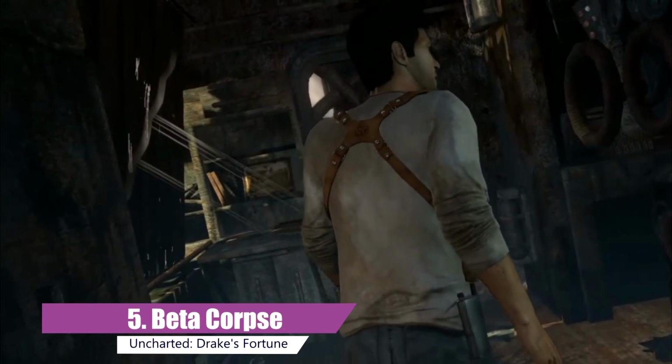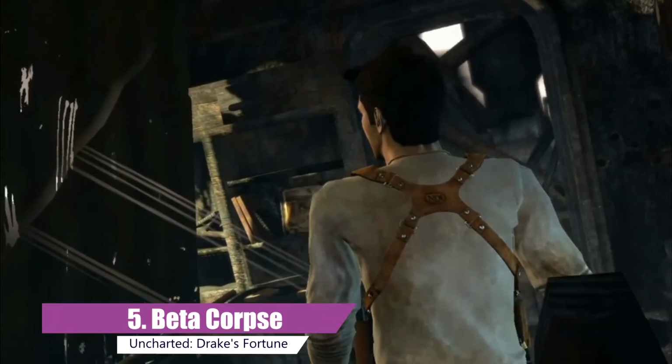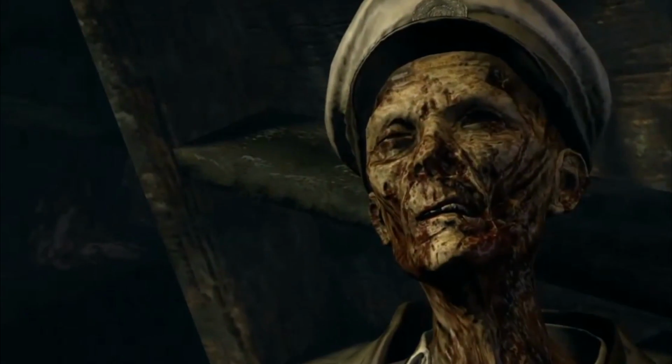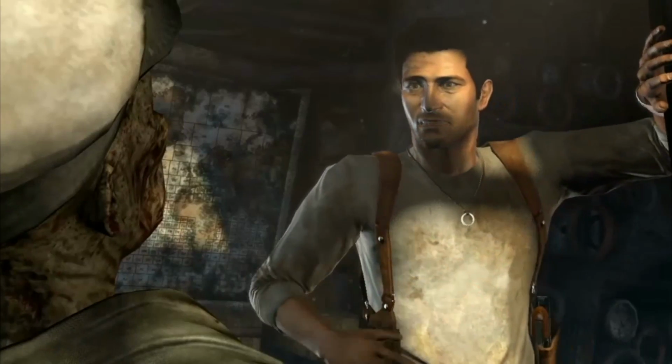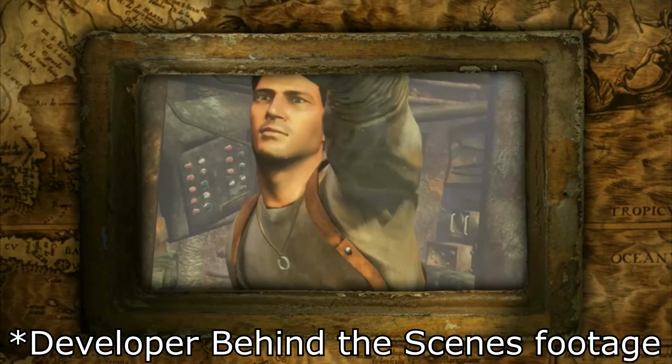Number 5. The Beta Corpse in Uncharted Drake's Fortune. This is probably one of the most underlooked discoveries made on the show because of how unpopular the episode actually was. For some reason, not a lot of people were interested in an Uncharted episode, but for the smaller group of people that were willing to watch it, they got the very first look of the Beta Corpse used in